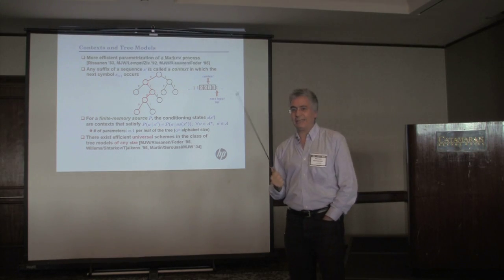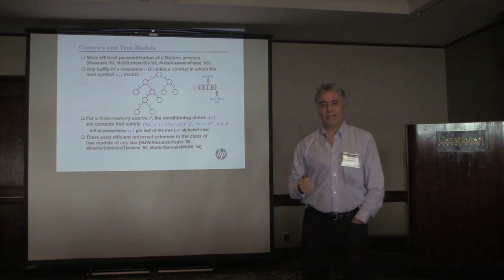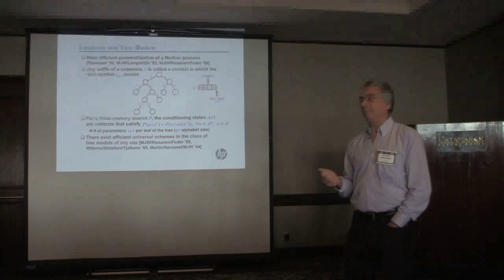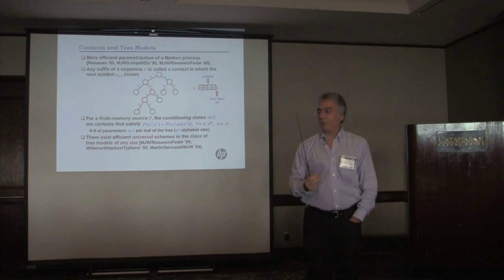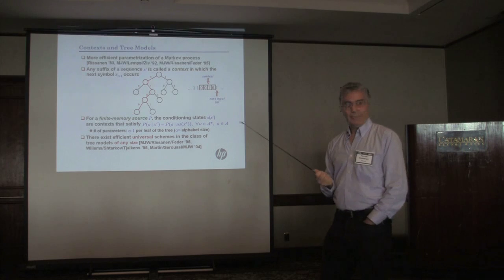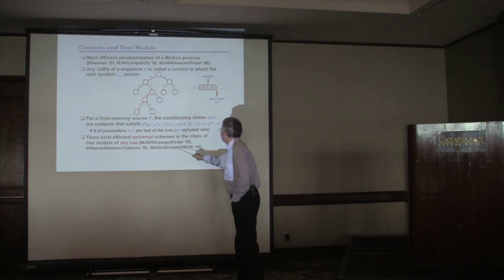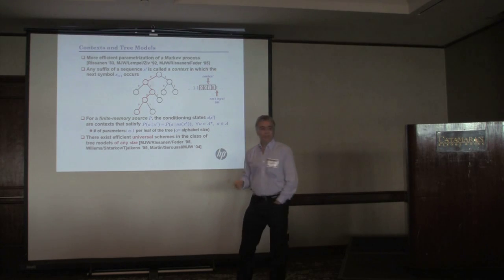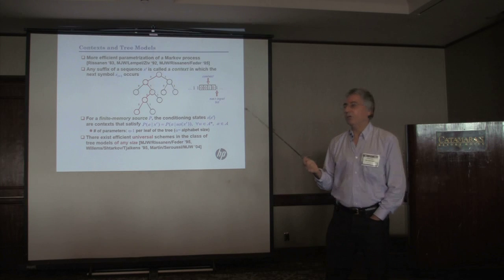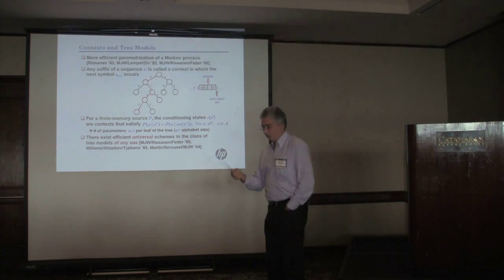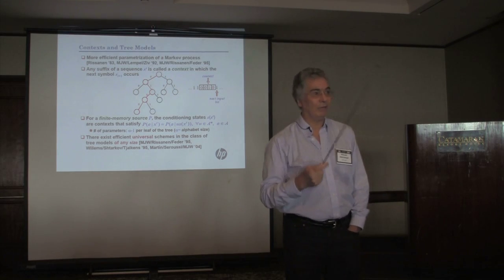So in many instances, it's not practical to represent the data with a Markov model because you have too many parameters. Actually, tree models work much better. And the second one is that there are efficient algorithms, either to find the best tree, here you have two examples, or the popular CTW algorithm, which you probably all know, which actually says, don't find the best tree, you have to average over all possible trees, and you can do it in a very efficient way.